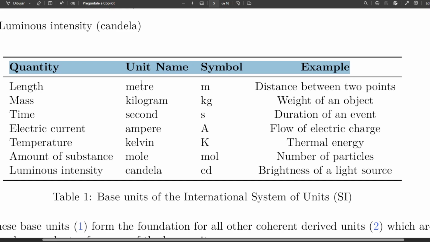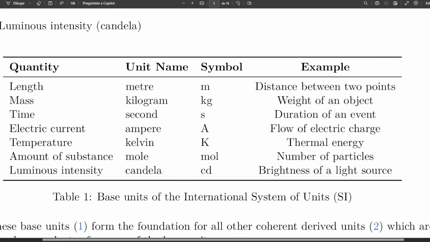You should learn what the names of the quantities are, what the names of the 7 base quantities are, what are the units, what are the symbols, and an example. You should be able to put an example for each of these quantities. So for length would be the distance between 2 points, for mass would be the weight of an object,